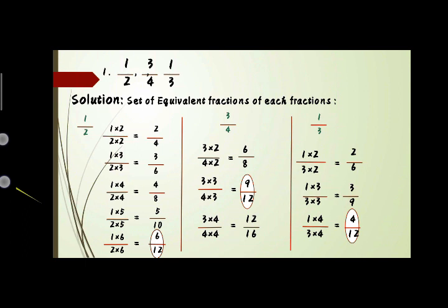Now develop one more equivalent fraction of 1 upon 2, multiply by 4, the equivalent fraction becomes 4 upon 8. 3 upon 4 multiplied by 4, the equivalent fraction becomes 12 upon 16. Move to the next, 1 upon 3 multiplied by 4, the equivalent fraction becomes 4 upon 12. Now notice here, do you get the same denominators among this set of numbers? Here the denominator becomes 12 for one fraction, but not for the others.